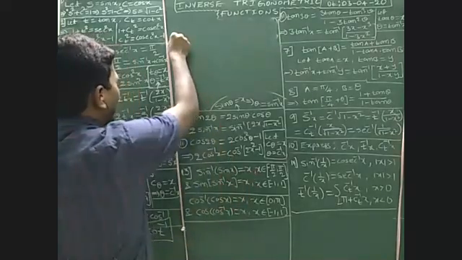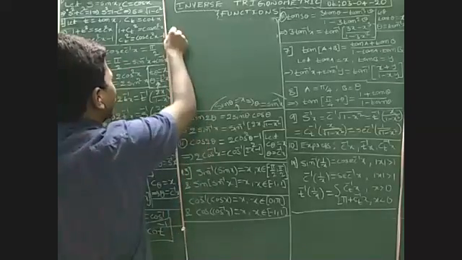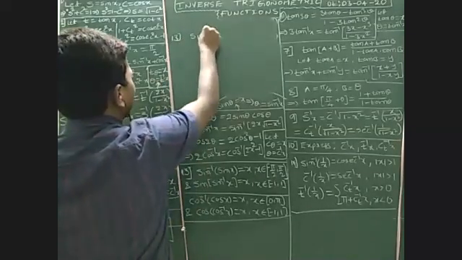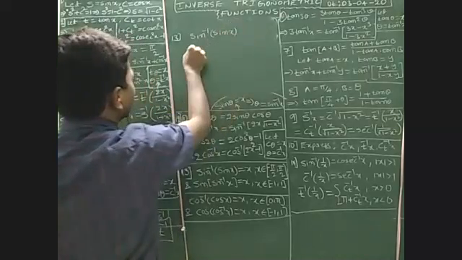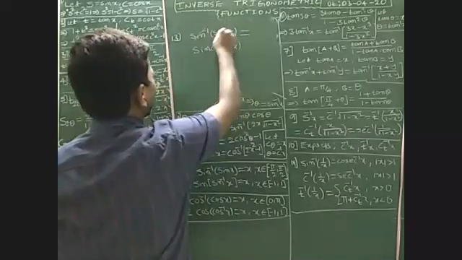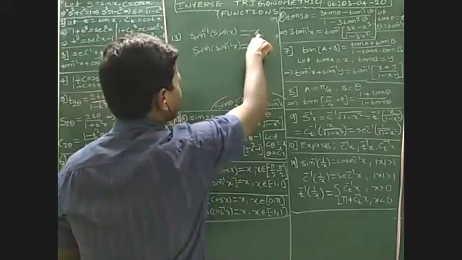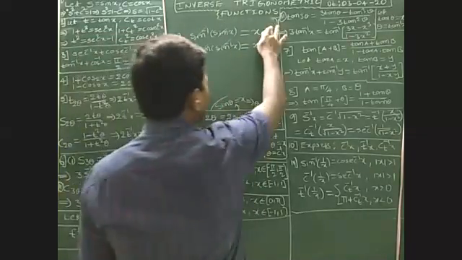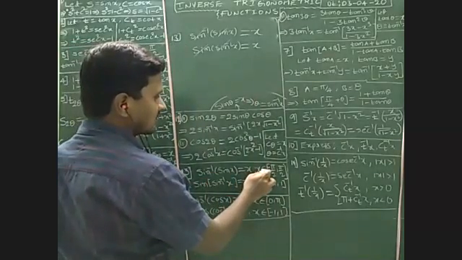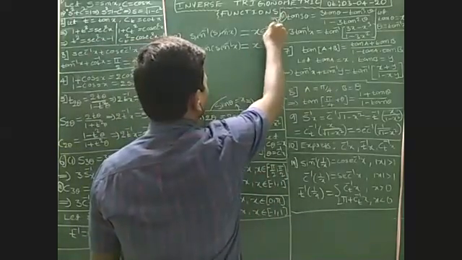Look at formula number 13. What is the difference between sin inverse of sin x and sin of sin inverse x? In both cases, sin inverse and sin cancel, and we get x. Then what is the x value? In sin inverse of sin x, I have written clearly, x belongs to the closed interval minus 90 to 90.